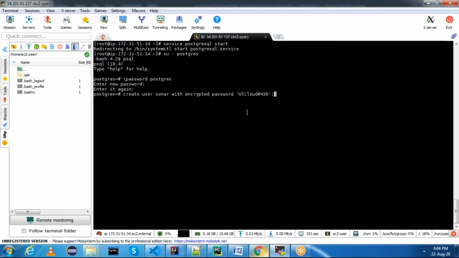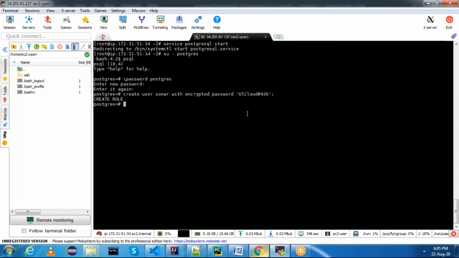This is my password. Now your user will be created. If you want to change the password, again \password sonar. You can set the password, but I am not changing. Whenever you want to change a password for a particular database user in Postgres, you need to say \password and that particular username. Okay, this is fine for now.